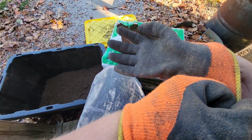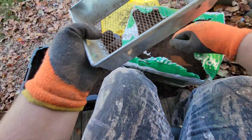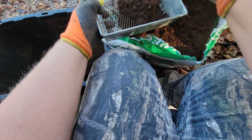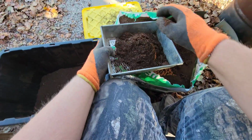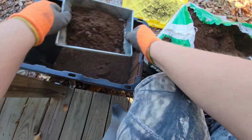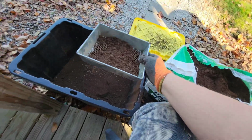So what I do for this process right here, let me get my sifter. I just take a sifter, I start breaking it a little bit. I start putting the peat moss in the sifter. Once I get so much in, I just start sifting it out. Now the reason I sift it,